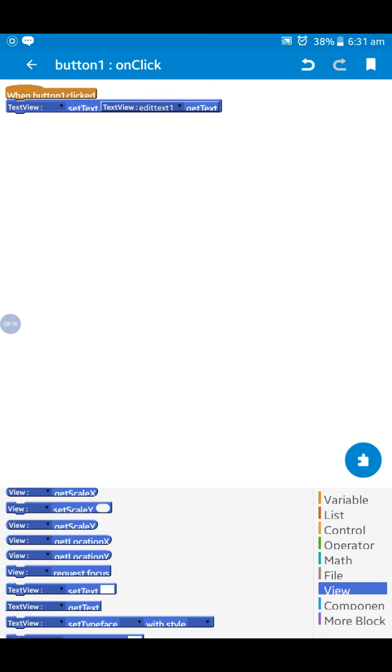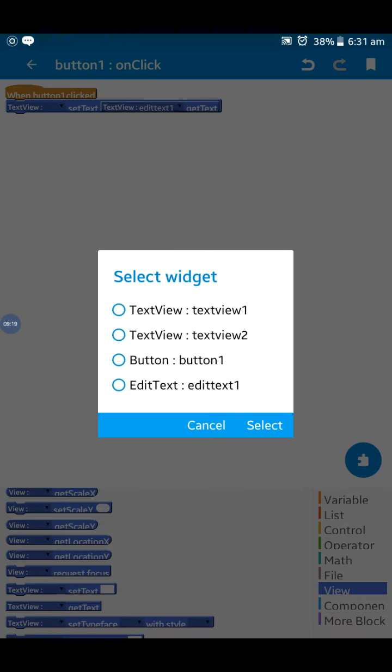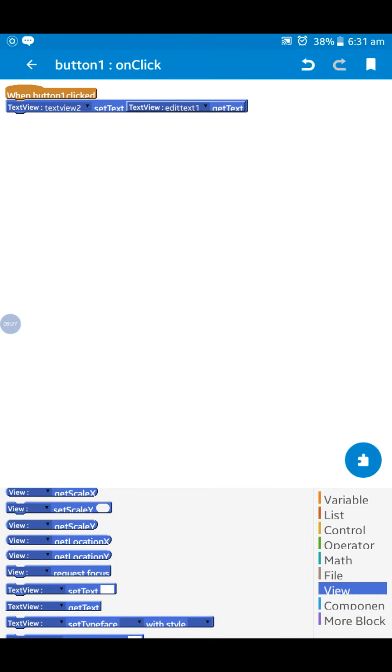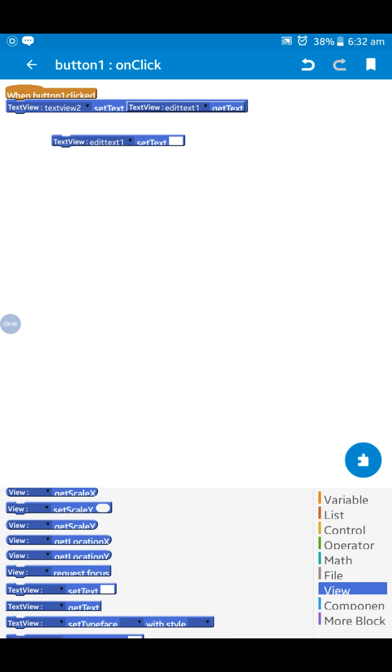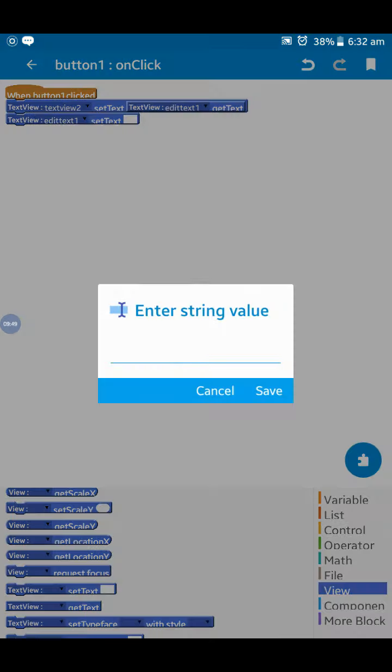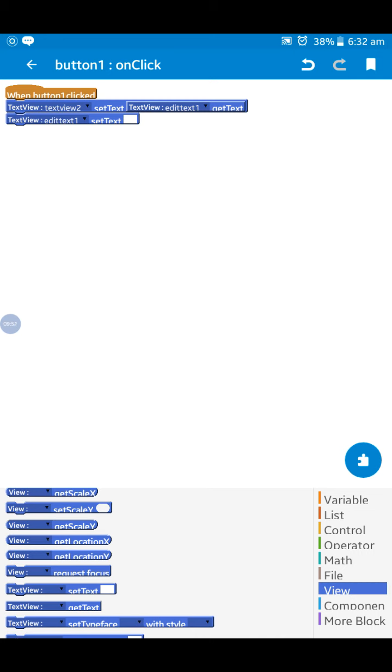We are taking the text in text view 1; we need to display it in text view 2. Okay, select. In text view 2 we need to display the edit text value. After that we clear edit text 1, what we entered. So I cleared it. The value is showing null. That's all. The logical part is completed.